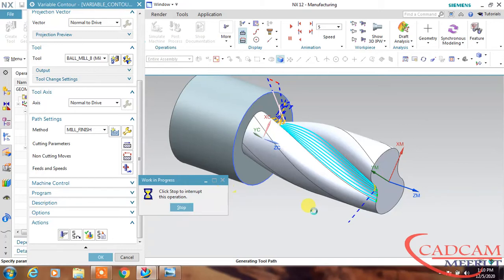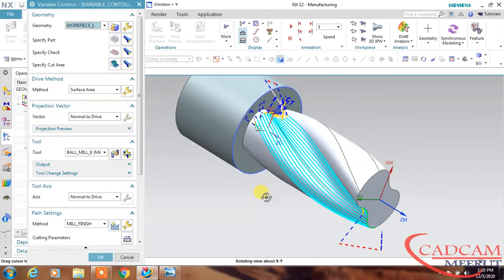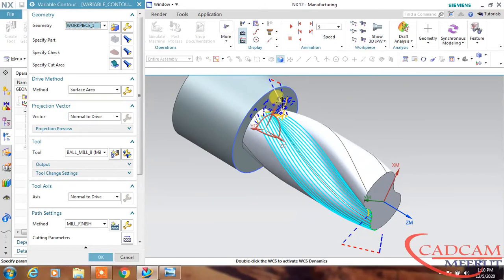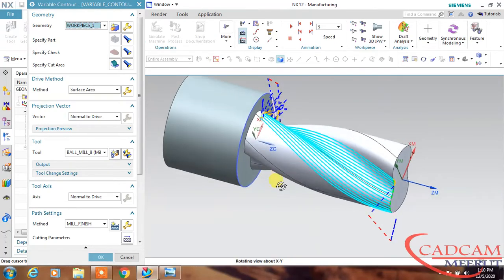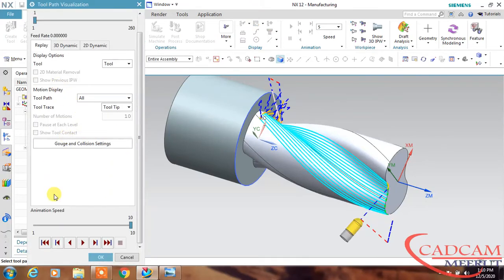Okay, now it is proper. Due to this check, it is retracting again and again, and we will see it in replay.